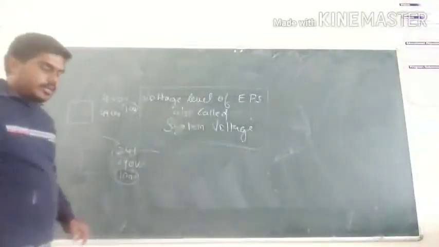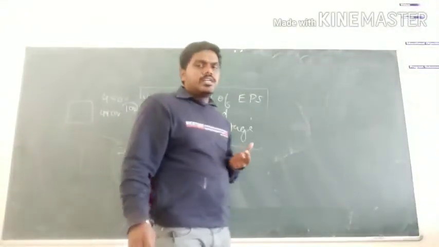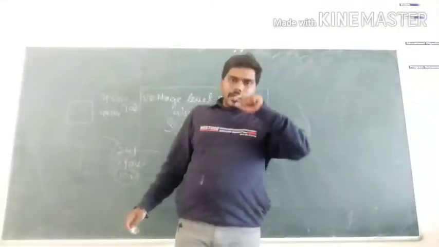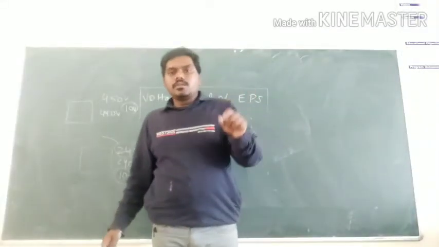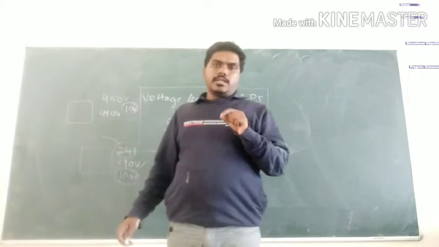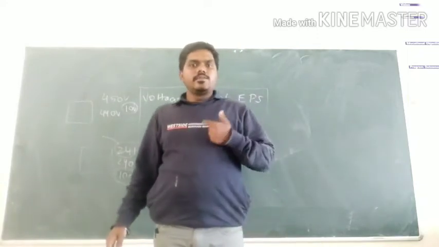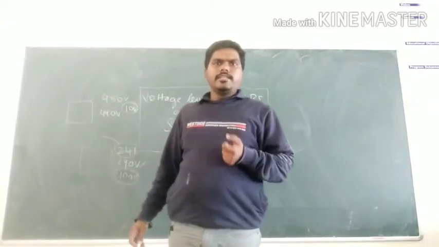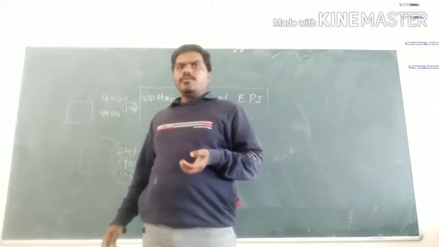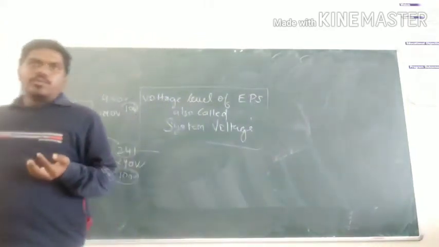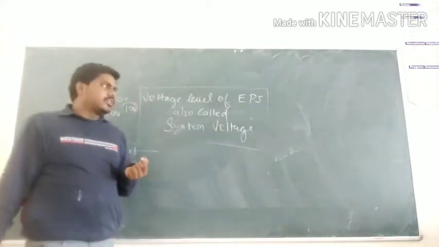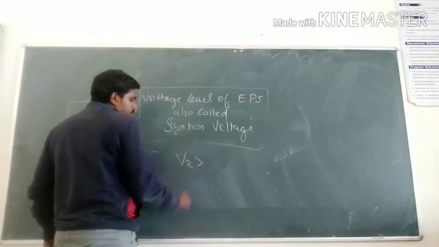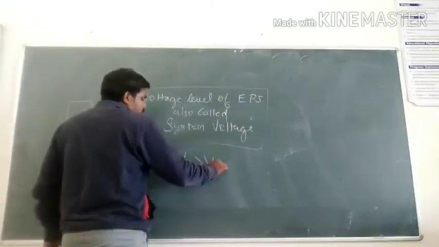If due to any certain condition my voltage exceeds and it can reach up to 10 volt more, then what will happen? The transformer will operate at that condition, because the designer, let's suppose I am the designer, so I will design my transformer like this. So the rated voltage value must be greater than the nominal voltage. So my rated voltage value is greater than nominal voltage.